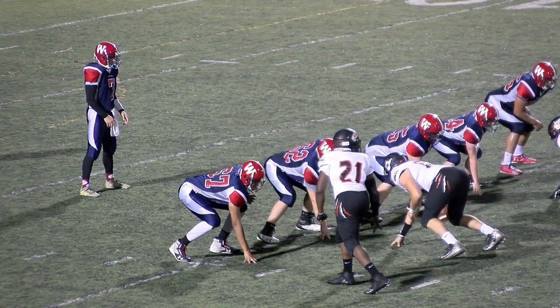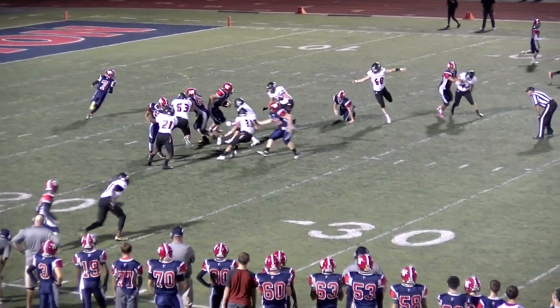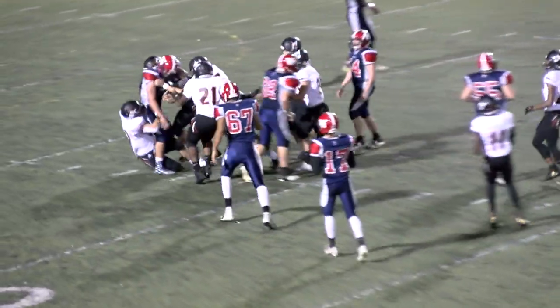3 carries, minus 8 yards so far for Frank Amore, the quarterback. Out of the gun, he takes the snap, hands it off, able to dodge the first tackler, but not